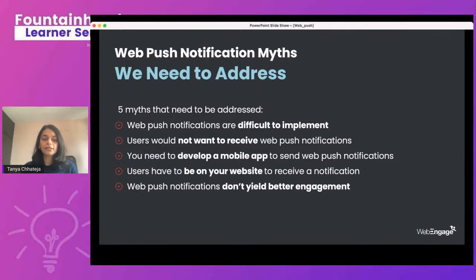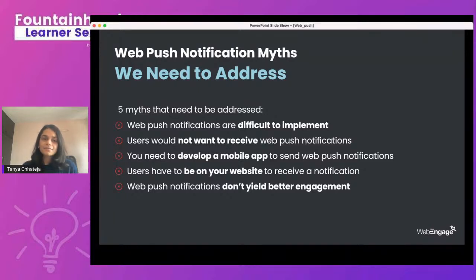You can not have an app but still target users on their mobile devices through web notifications. Fourth is, the users need to be on your website at the time of you sending or them receiving your notification, which is not true. Even when the users are not currently active on your website, web push notifications will be delivered and work in a similar way as your mobile push notifications work.